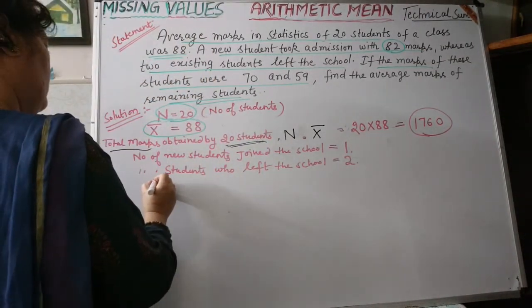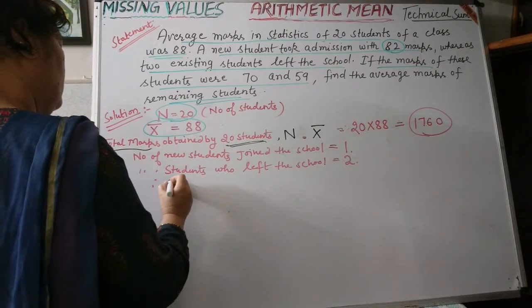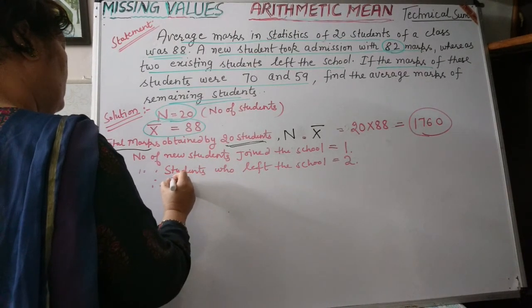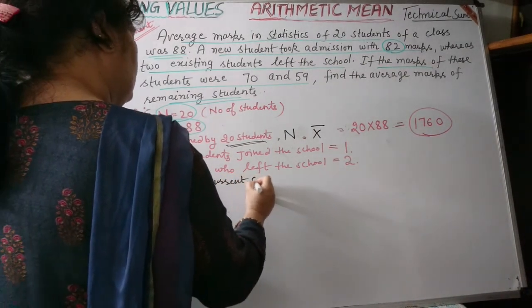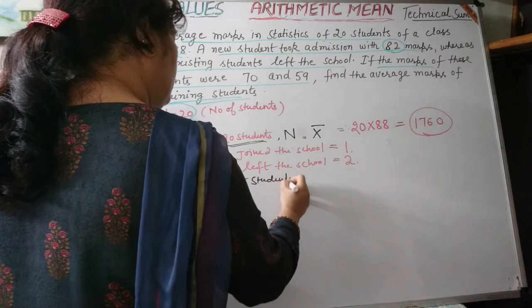So the number of current students, remaining students